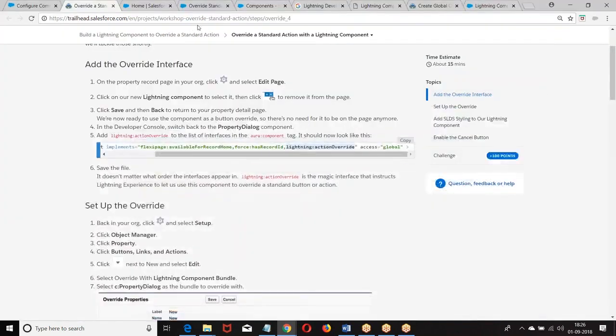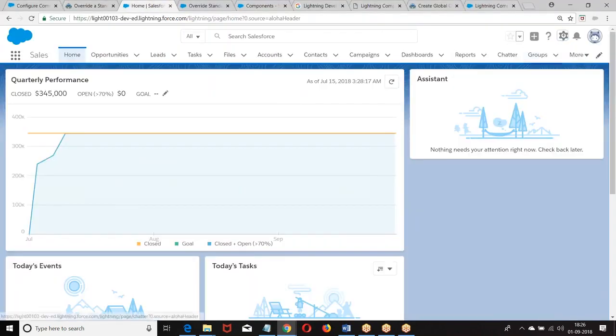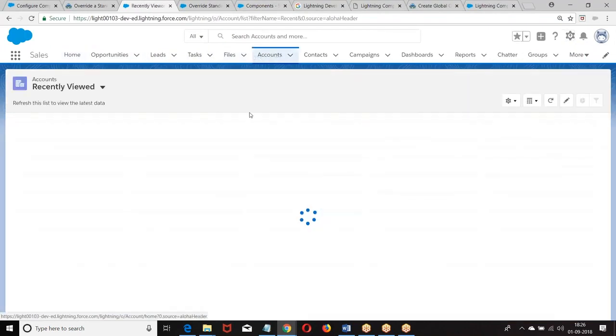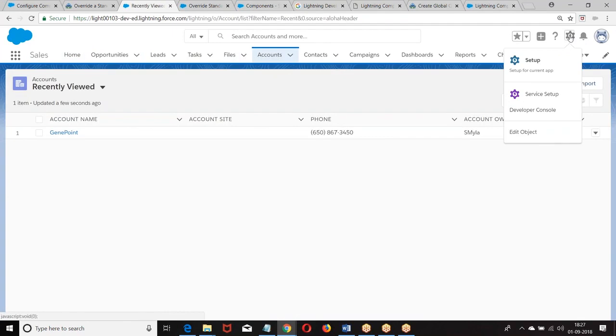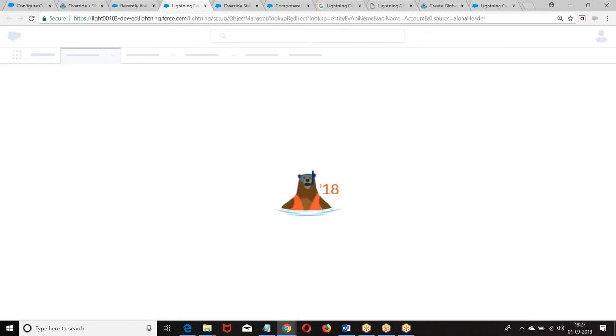So go back here. How do you create? Which object specific? I want to go with account. I want to create that record on account. So we are going with the setup. What we have? This is specific to account object. Global can be used anywhere. This is only for account I am creating.